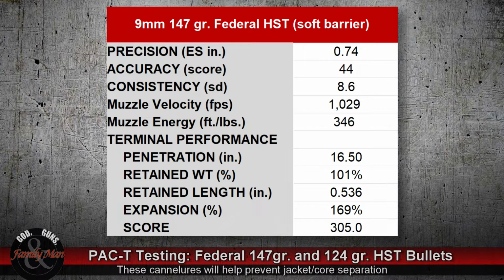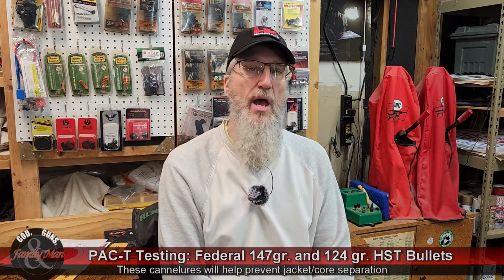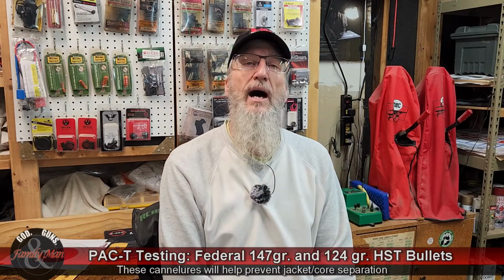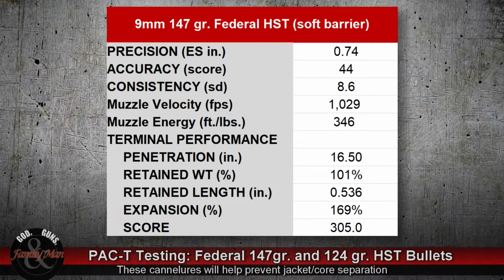It ended up with 148.9 grains. A couple of reasons for that. Number one is it may not have really been 147 grains when it was loaded at the factory. Might have been a little bit heavier bullet to start with. Plus, remember, we ended up picking up and retaining some of that soft barrier all the way through. The diameter of the retrieved bullet was 0.599 of an inch. That is 169% expansion. And the length of that retrieved bullet was just over half an inch,